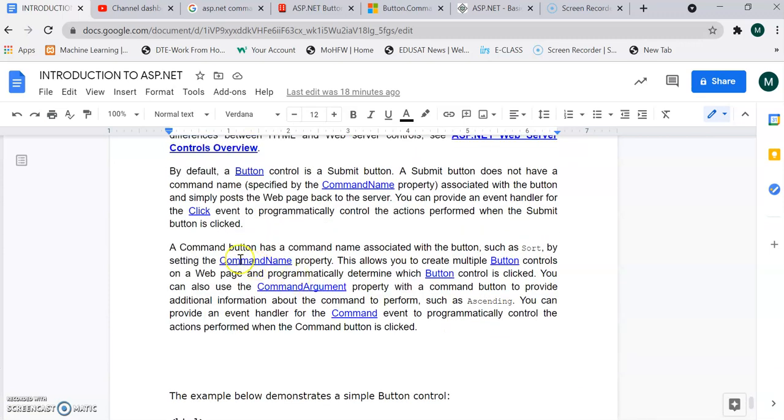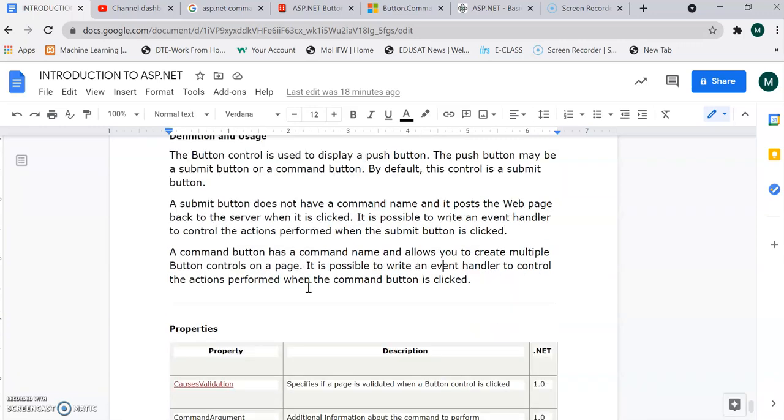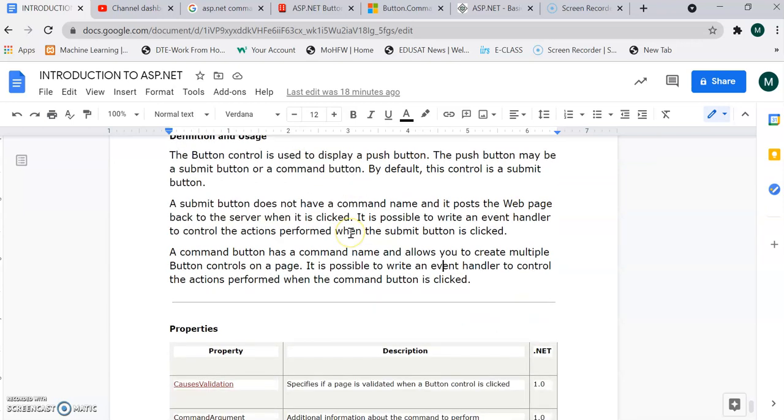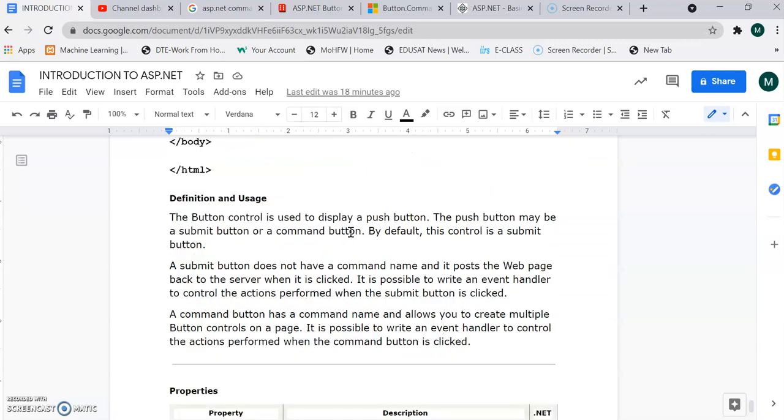The command button, as I told you, is used when we require multiple buttons, and they should be activated according to a single command, and there will be different options with which this command button should act. We will see one example, and then your idea will become clear. Now first, the submit button. You know that we are sending some data from the user to the server, and then the server will process that data and send the result back. So that is your submit button.